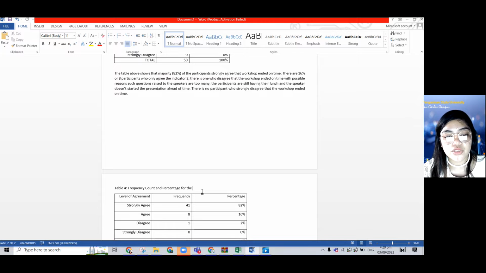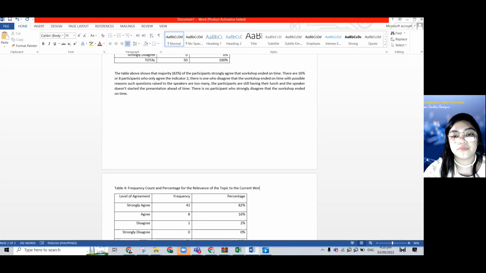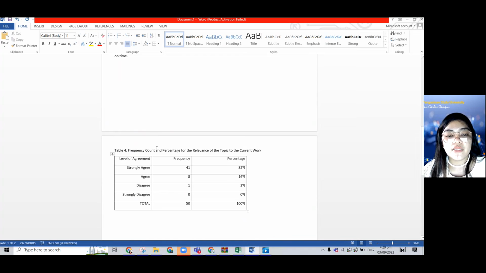Frequency count and percentage for the relevance of the topic to the current work. There we go. Ayan. Frequency count and percentage for the relevance of the topic